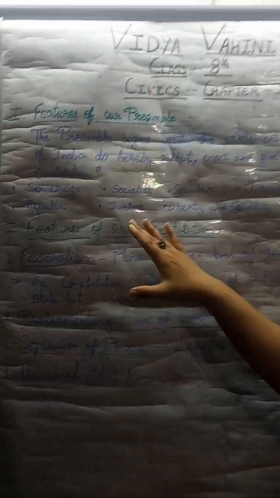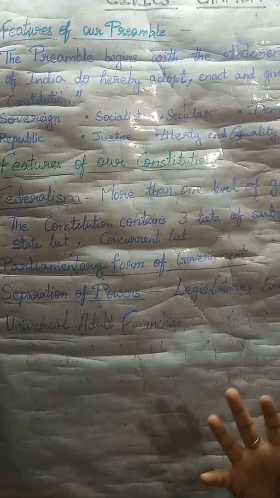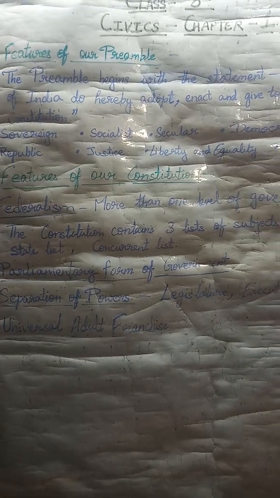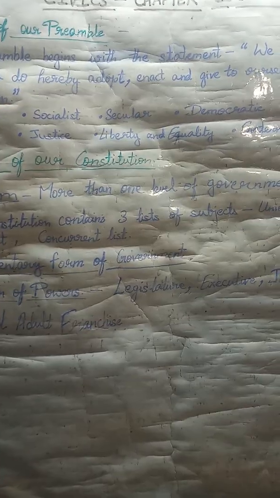Next is justice. This is the most important thing which the country needs to adopt. The preamble says that there should be justice for all, no matter whatever caste, color or religion we belong to. We are all equal in front of law, no matter wherever we belong to or from wherever we are coming, we all have the equal view in front of law. Fine.